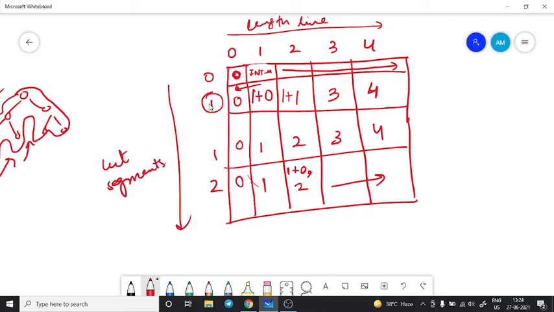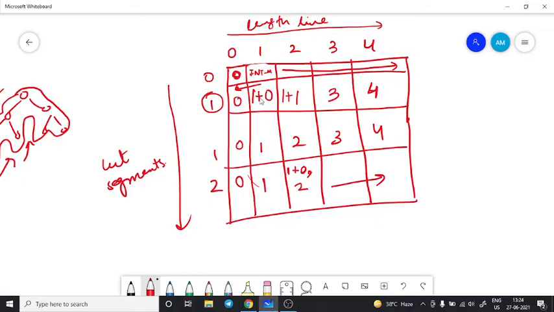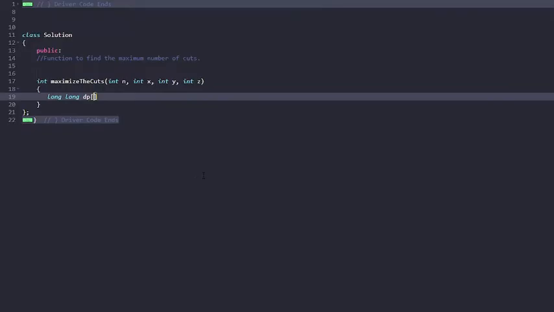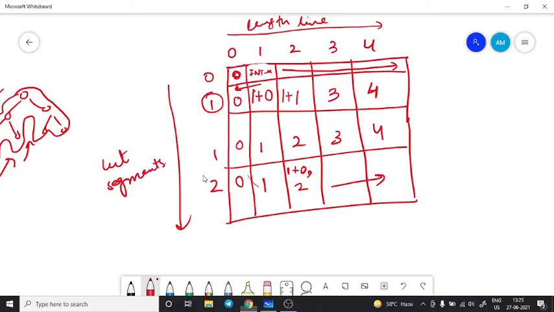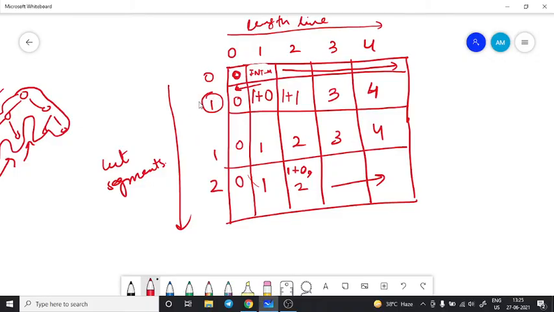Why 2 states? As you can see, one state is for the cut segments, and the second state is for the length of the line. In the row I had the cut segments, so the length would be 4. Why 4? You might have a question that we had only 3 cut segments. But we are considering 0-based indexing, and we are considering 0 length also, because this is our base condition. We cannot skip our base condition, so that's why we considered 4 here. The indices denote the index of the cut segment, that means the first cut segment, the second cut segment, the third cut segment, and so on.